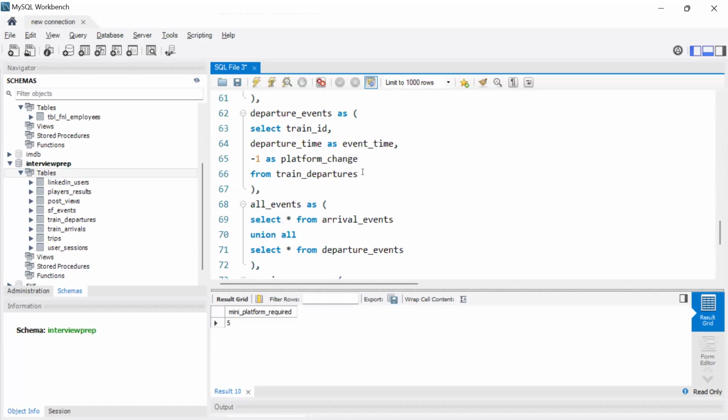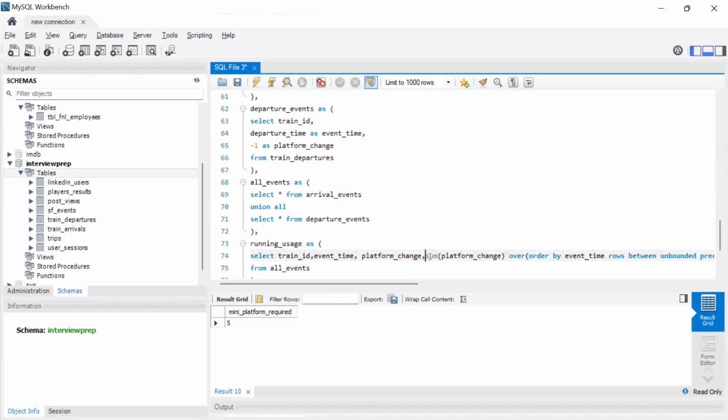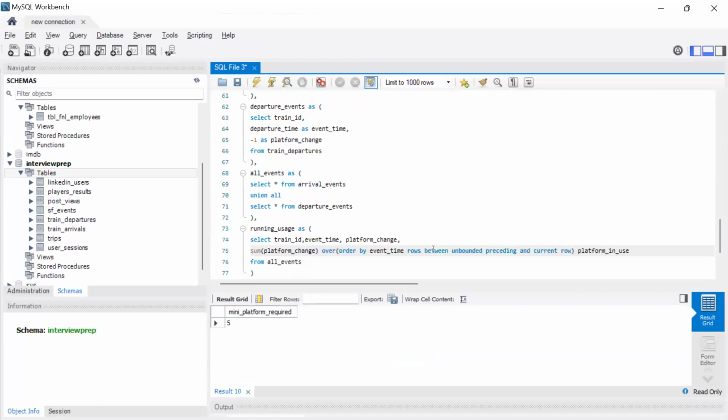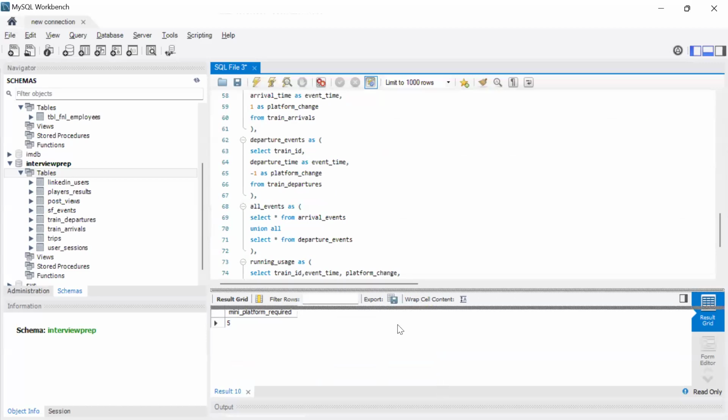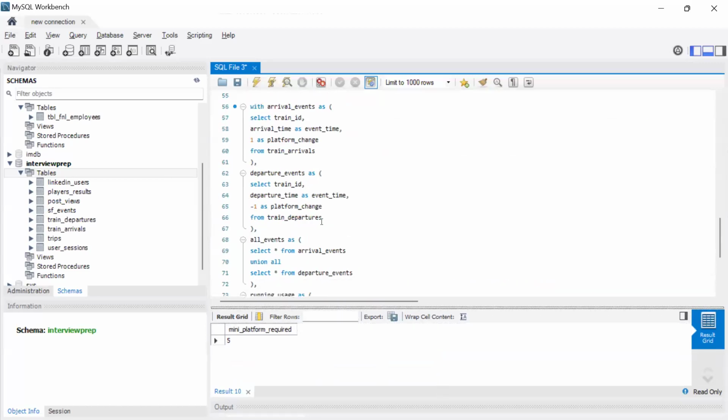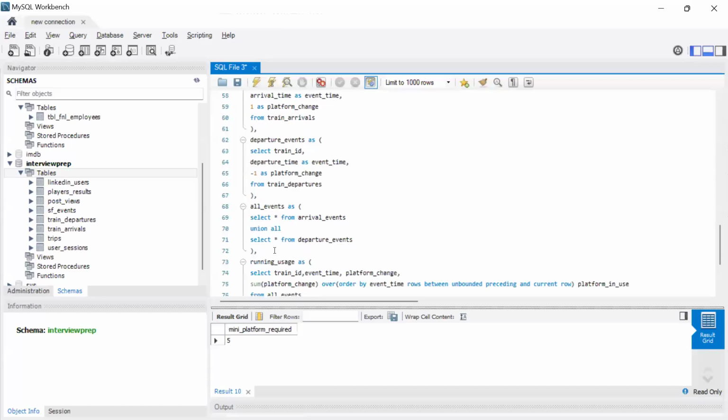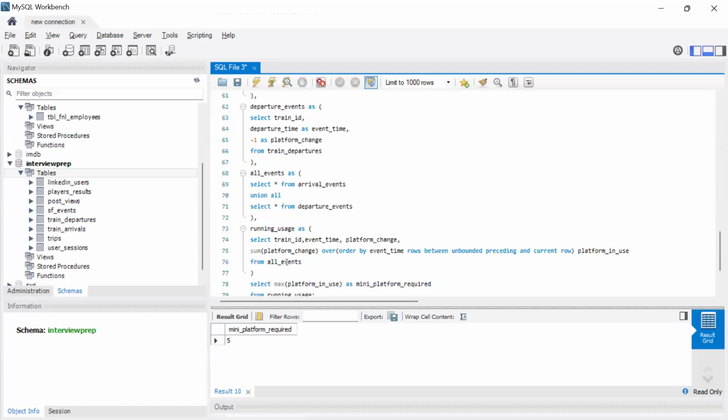So this is the entire query which we have built, which is basically giving me the understanding about how many platforms at a single point of time are required, right? So what I did, I created the arrival and gave the platform change as 1. I need one platform, and when the train is departing, I am making it -1. After that, we are unioning it, sorting the data in ascending order, and then summing the platform change,